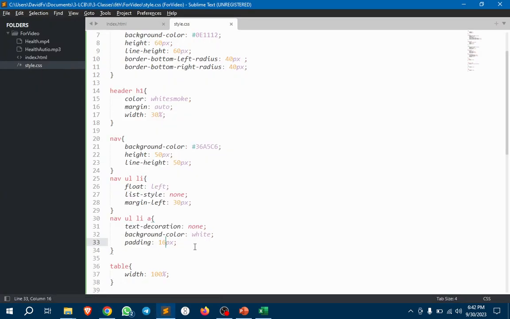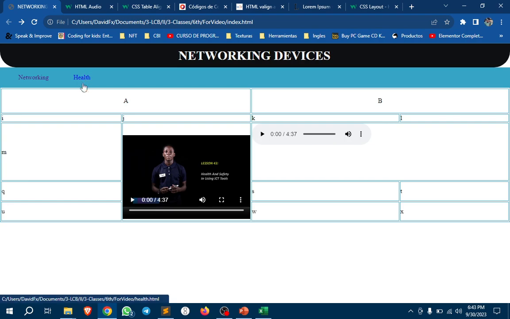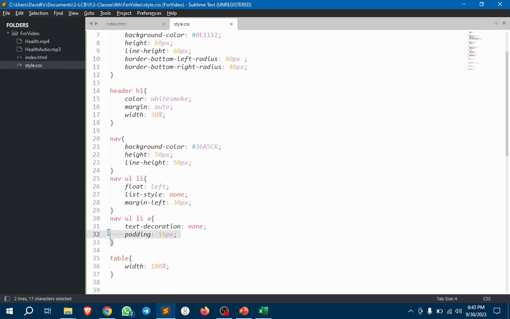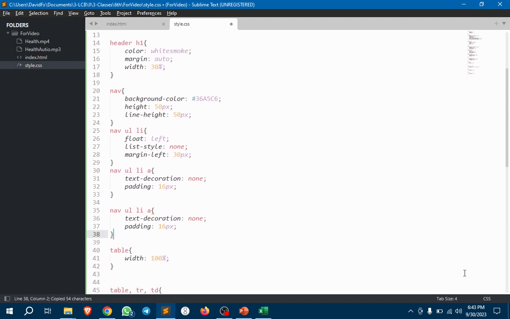Now I am going to take out the white background color. And now let me show you. I'm going to copy this from line 30 to line 33 in my code. I'm going to paste it here, and I'm going to add to the a a colon, and I'm going to put hover. And now I'm going to put a background color, and let me put black,